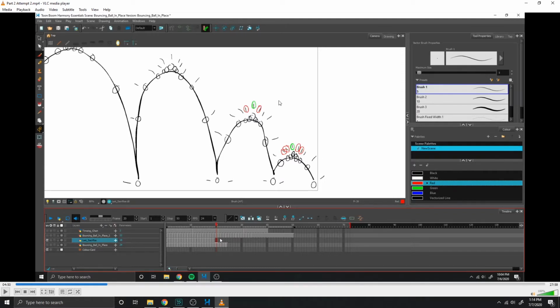So this graphic I made shows how I decided which frames to remove. See, if this is the arc that we're starting with, it's the longest, so we need to remove just a handful to make this arc shorter, and slightly more than the last one to make this one shorter. So I was trying to figure out which ones to remove, and I decided that these frames here are really jarring. It's a long distance, and if I removed them on the side, then that would make the ball look as though it was teleporting, just